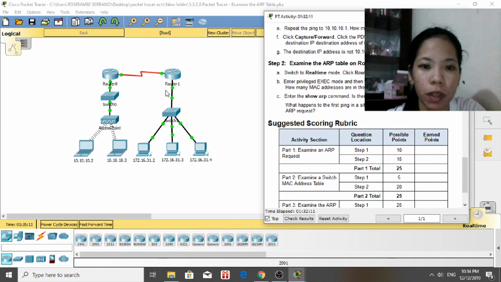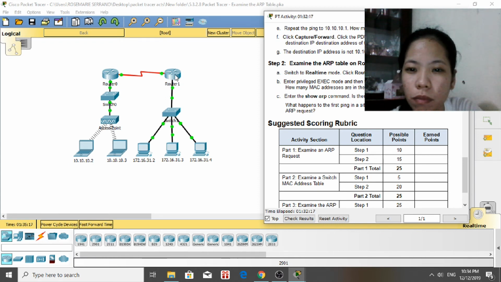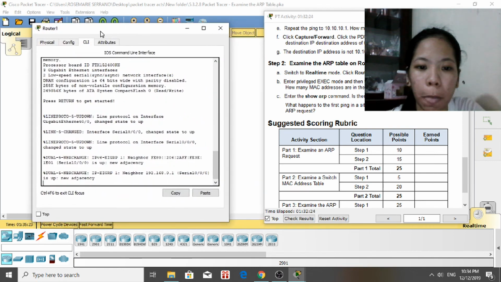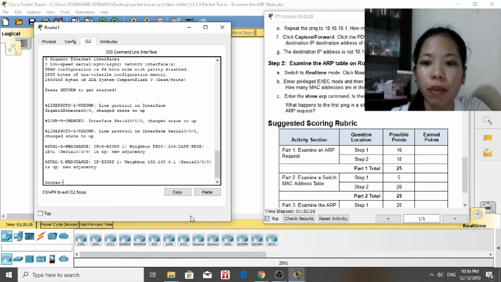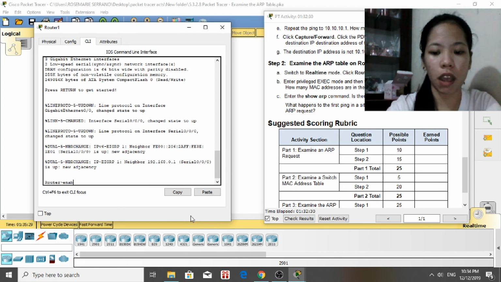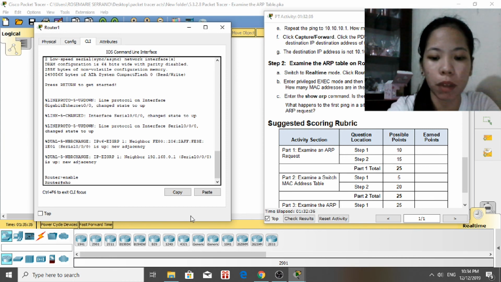So we will click on router 1 and then CLI and then enter. Then we will enter the privilege exec mode. So we are now in exec mode, so we will type enable. Then we are now in privilege exec mode, so we will now type the show mac